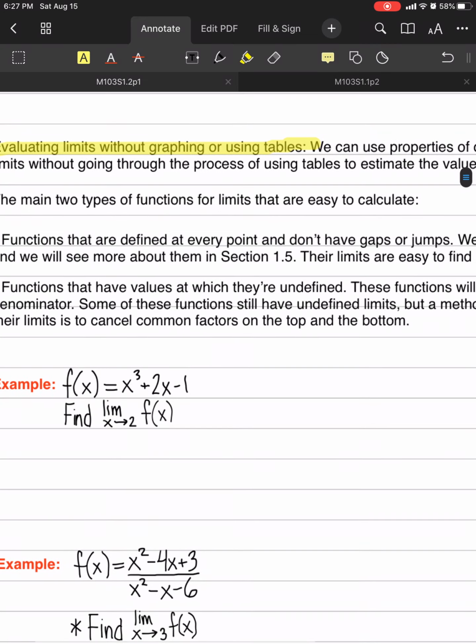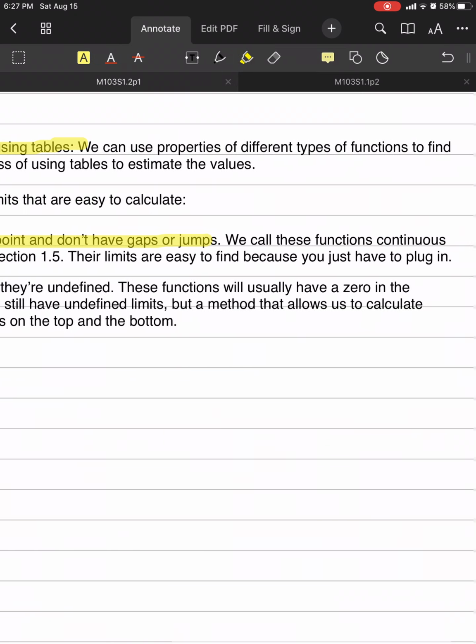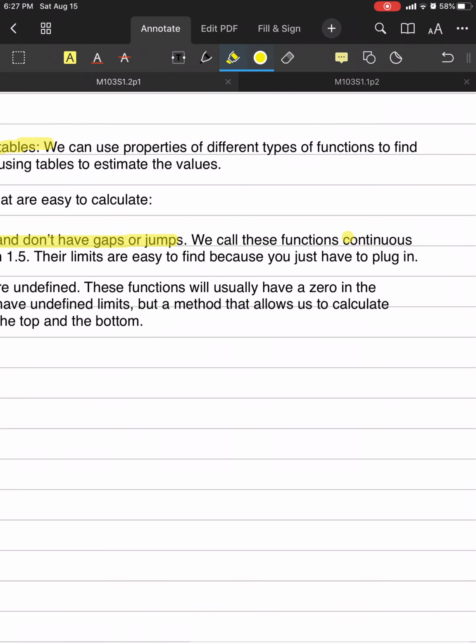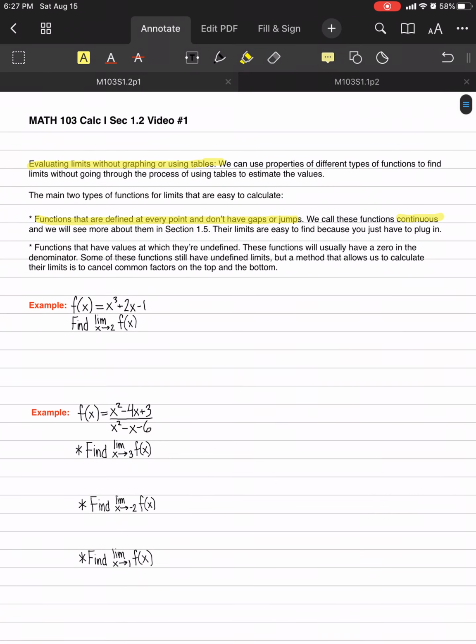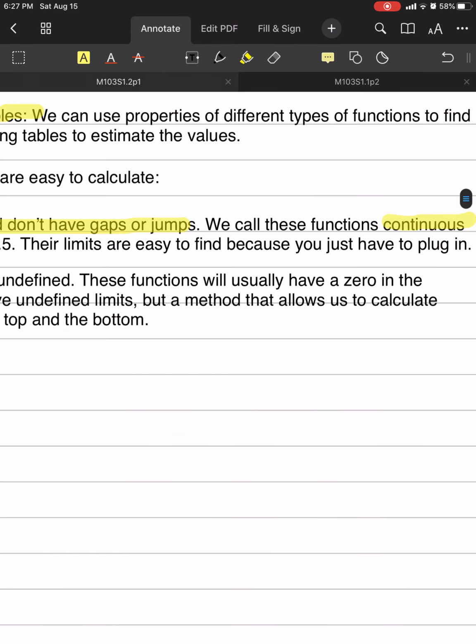The first one is functions that are defined at every point and don't have gaps or jumps. These functions are called continuous functions. We're going to deal with that specifically in Section 1.5, but the point here with these type of functions is their limits are easy to find, and all you have to do is plug in the value. In other words, you have